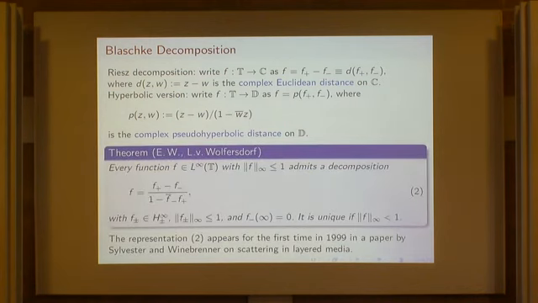So what if we replace this complex Euclidean distance by the complex pseudo-hyperbolic distance? Is that a similar decomposition? And it is. So now we have bounded holomorphic functions, which are bounded in modulus by 1. No other restriction, no regularity, nothing. And then this admits such a decomposition, which looks like a conformal automorphism of the disk in some sense, where both functions, the plus and the minus functions, are bounded holomorphic functions,